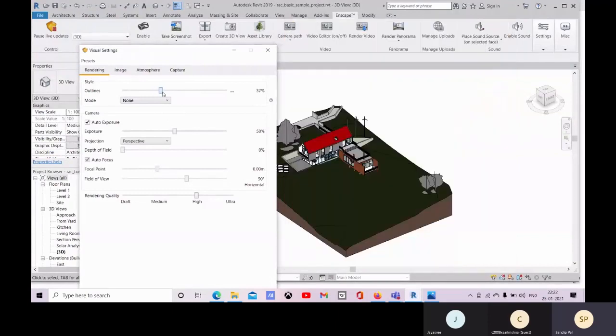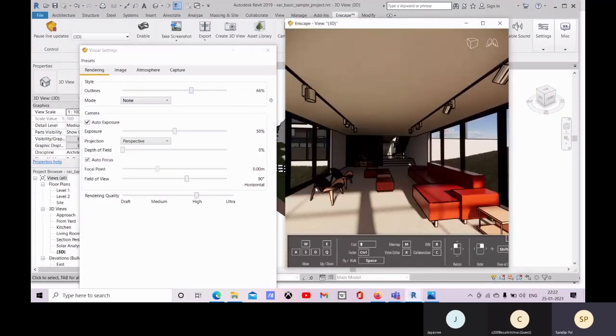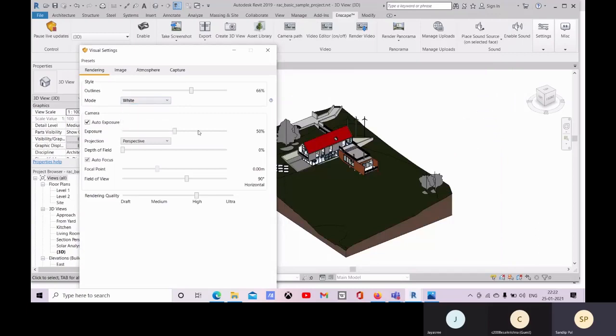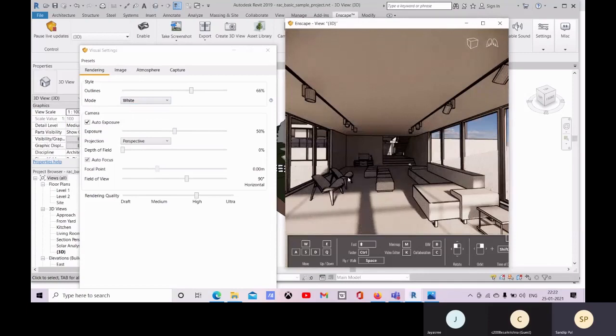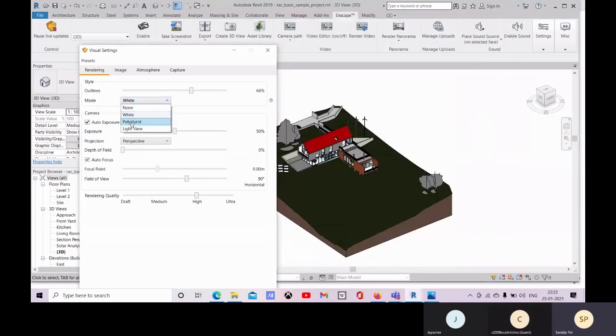If you increase this, you see these thick lines, you got a bit cartoonistic effect with this style outlines. With this you can add some mode, white mode, you can add a more whitish picture, and this polystyrene and light view, you can change those modes.